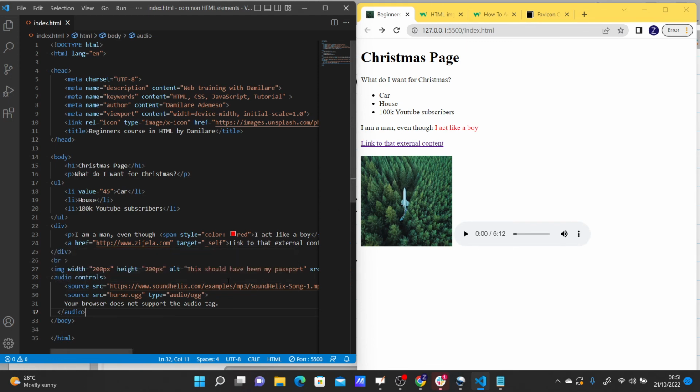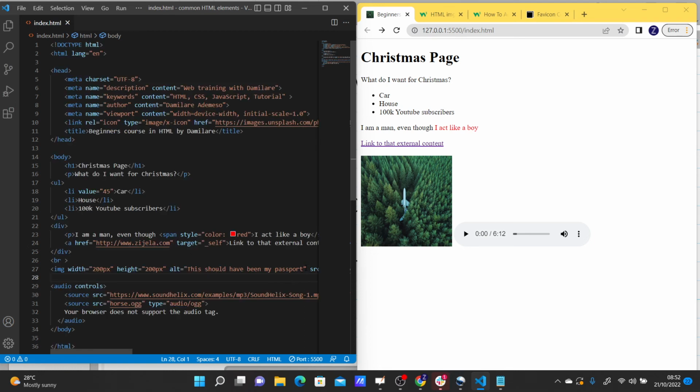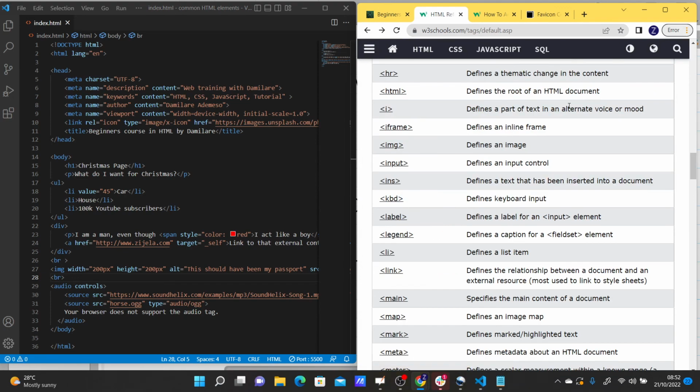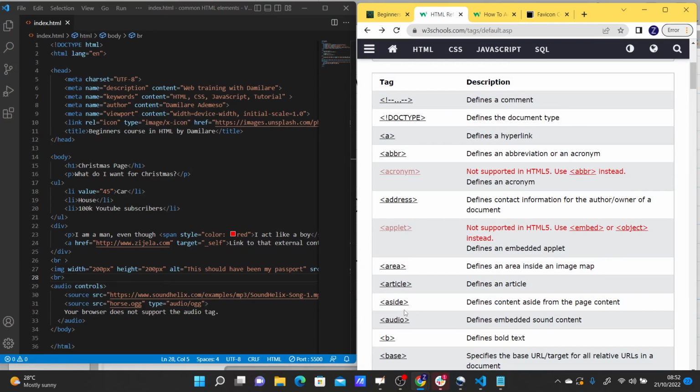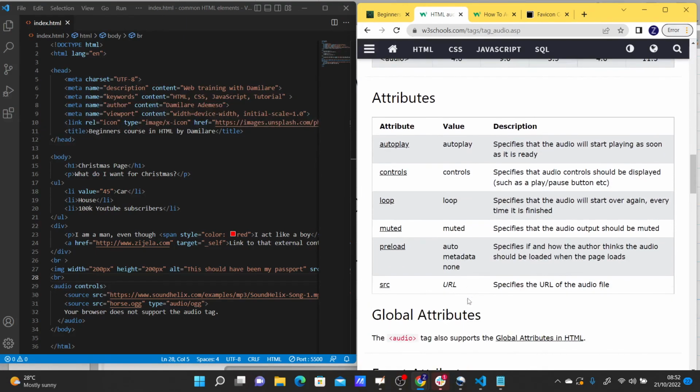Let's go ahead again and put our audio controls either inside a div tag or using a line break to put it on a new line. So let's check our audio element reference. It has autoplay. You can specify that the audio will start playing as soon as it is ready. It has controls. It specifies that the audio controls should be displayed, such as play